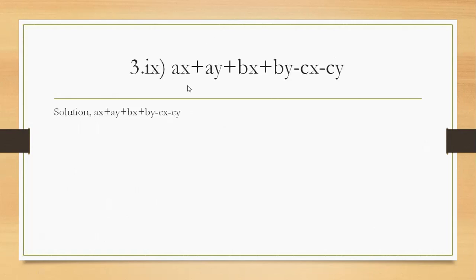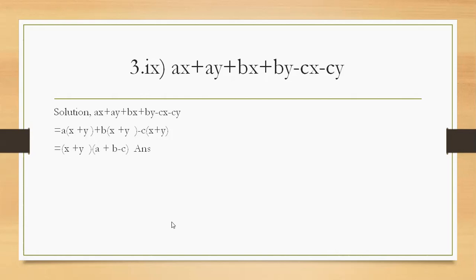Look at number 9. In question number 9, there are 6 terms. We can make groups of 3 terms, but I have prepared groups of 2 terms here. First, ax and bx: x is common. Then ay and by: y is common. Then minus cx and minus cy: minus c is common. Here also x plus y is left. Then x plus y is common, here a is left, here plus b is left, and here the remaining is minus c. These are the two factors of this question.